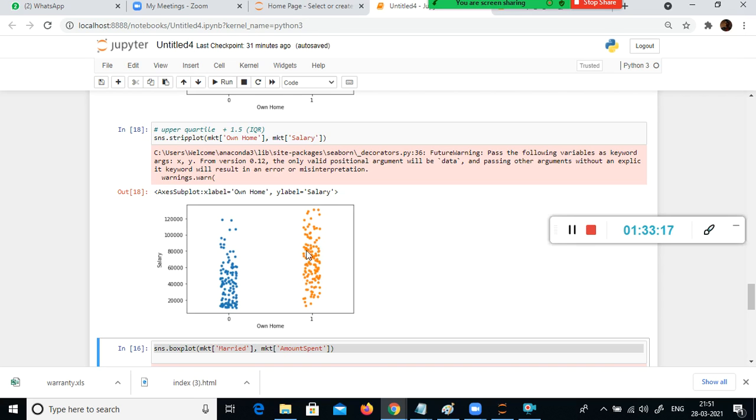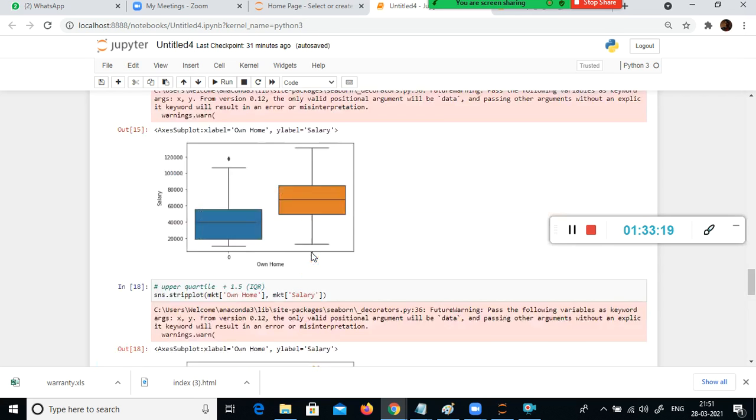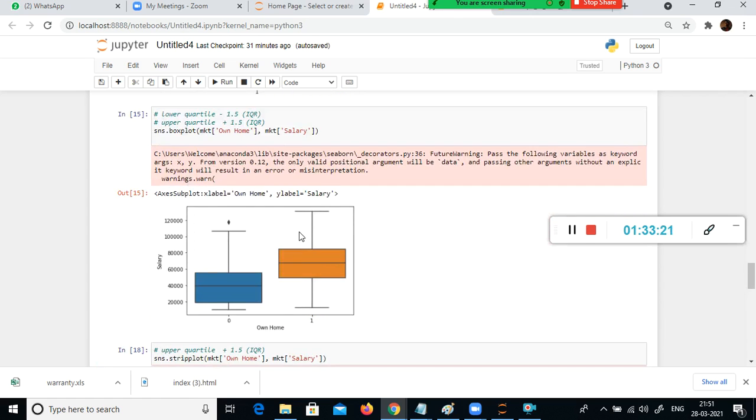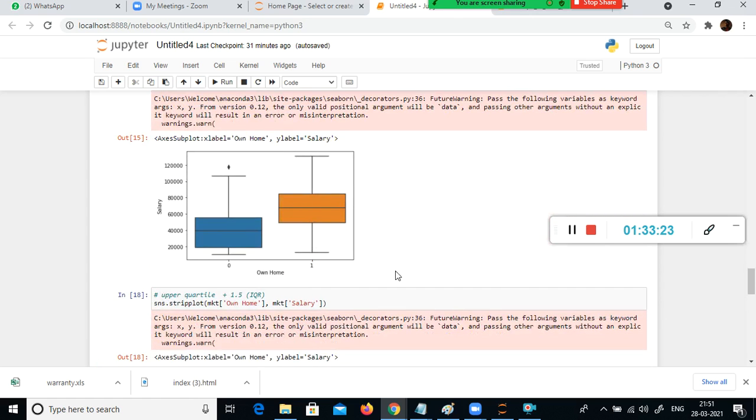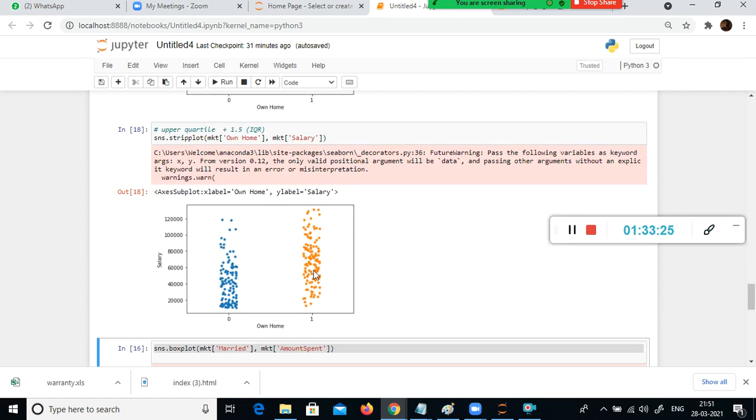The values are clustered very well between here and here. So compared to that, if we extend this to a strip plot, we will get an in-depth spread of the spend. Okay, and this is what we can understand from this.